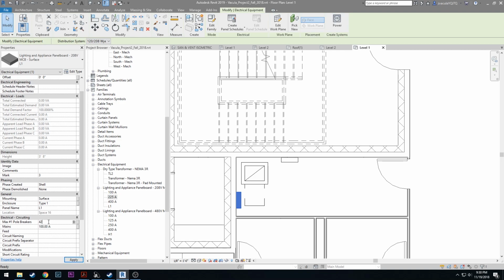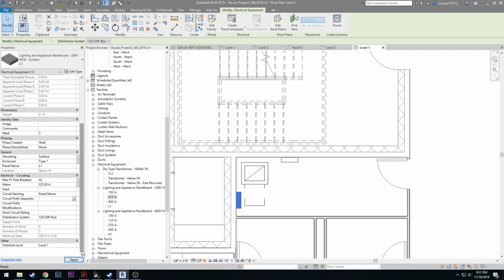This one is 42 circuits as well. 225 amp main. Panel name with a dash, and you have to type the dash in. That's not a drop down. So you just have to type a dash in there. Make sure my distribution system is set